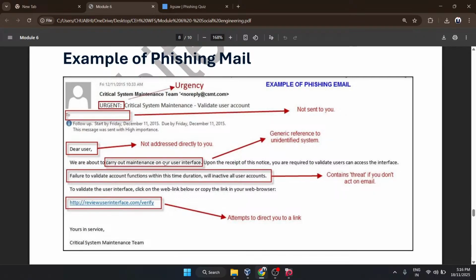We are about to carry out maintenance on our user interface. Here also, they haven't described it completely. They are just generally referring to some unidentified system or some kind of user interface. They're not making it very clear. Upon receipt of this notice, you are required to validate. Failure to validate account functions within this time duration will inactivate all your user accounts. There is a kind of threat that all your user accounts